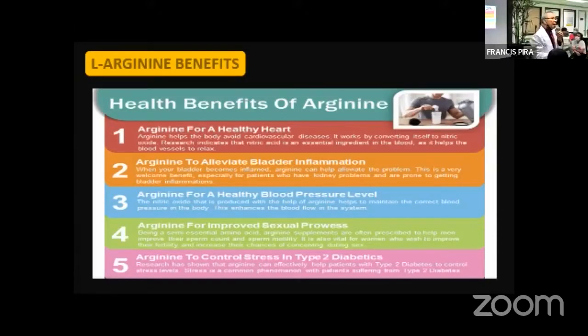There are now in the market available injectable nitric oxide. So before you have a coitus, coitus is the term for sexual intercourse. What is the term for sexual intercourse? Coitus. So before doing coitus, you should inject nitric oxide. But why go into the injection of nitric oxide when you have your Flavonol? Good or very good? Palakpakan natin yan. So, improve sexual power, and arginine controls the stress of type 2 diabetes. Next slide, please.